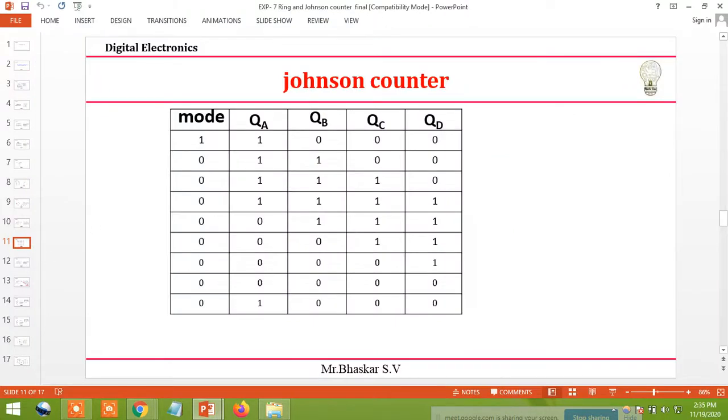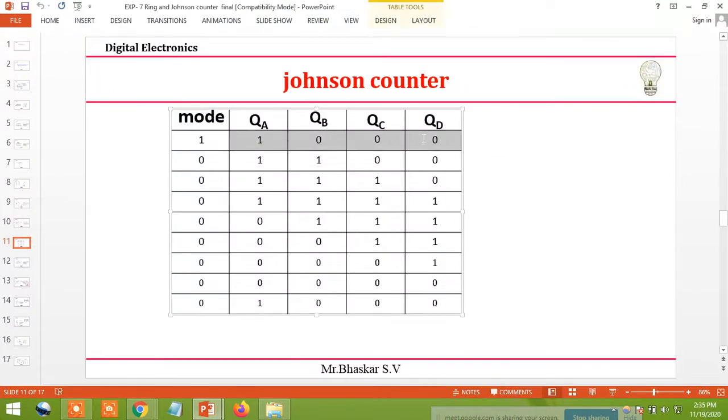The Johnson counter, what I am going to do, same thing: you just make the mode value 1, and 1000 is loaded. This complemented value will come out. See, the 0 complement I'll get 1 here, and shifting happens, right shift. This 0 complement I'll get here and right shift. So 1 complement is 0, it will come with right shift. So finally I'll get 000, this complement I'll get 1, next it comes with right shift. These 3 values will be right shifted, and the same values keep coming. The process will be repeated.